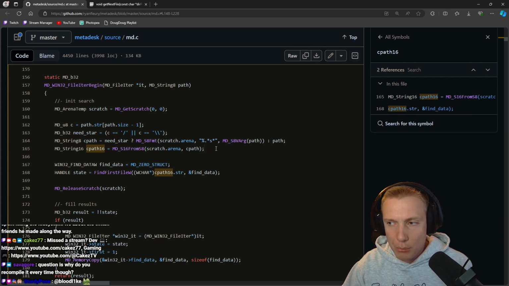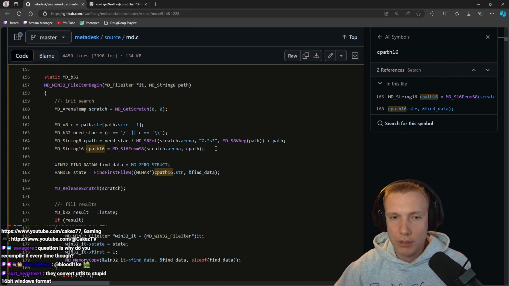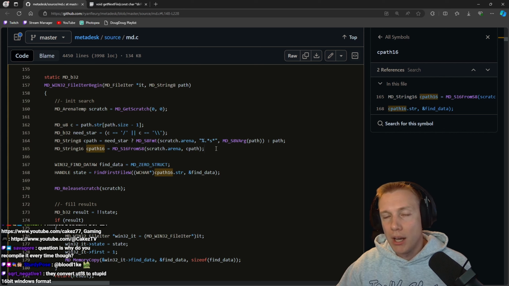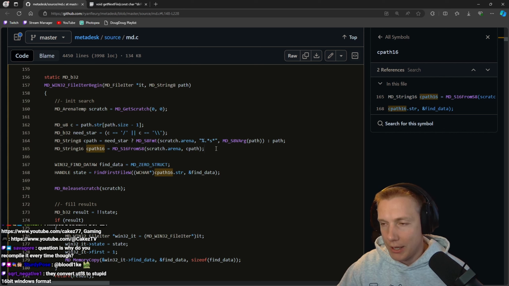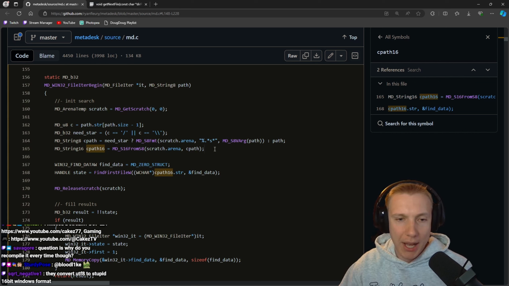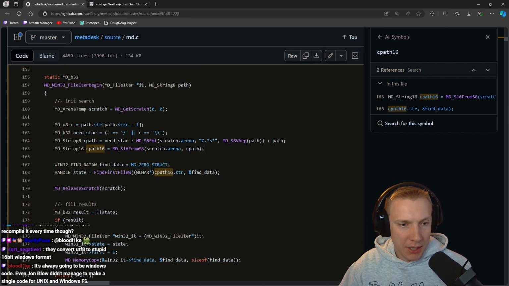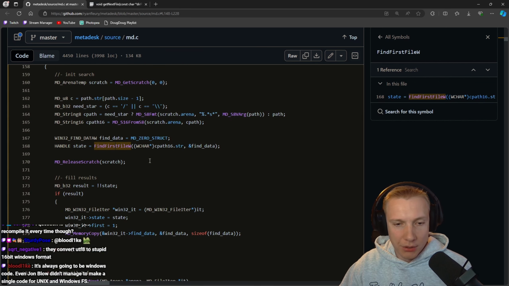Question, why do you recompile every time though? Well, because I need to reload code. Like I need to hot reload my code. I want to build the game while it's running. I have literally been able to build and balance my game while it's running. They convert UTF-8 to the stupid 16-bit Windows file. Yeah, I see. They're still using the Windows code, so